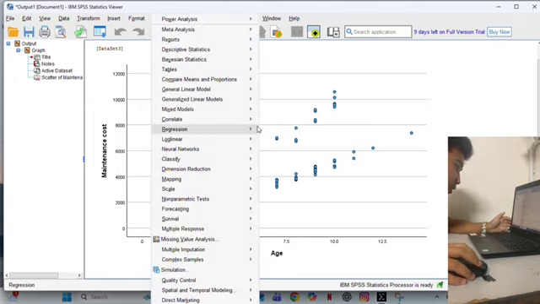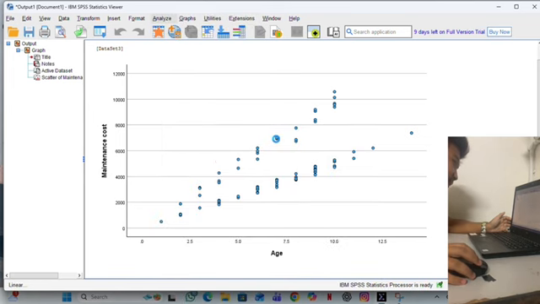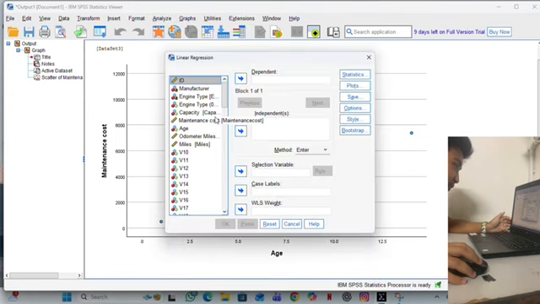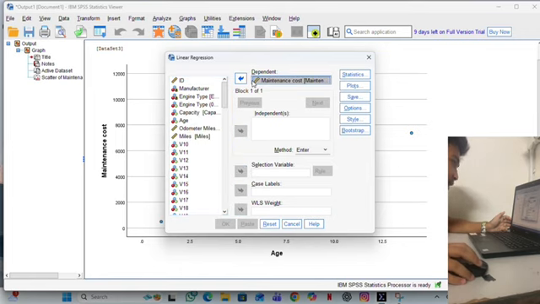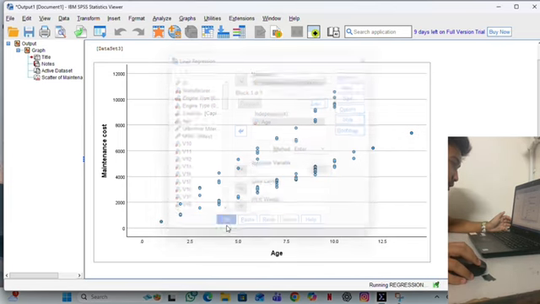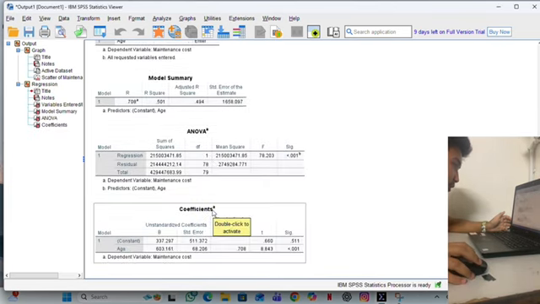For part B, we find a regression and we take linear. So we put maintenance cost as the dependent variable and age as the independent variable. I develop a regression equation to quantify the relationship. The regression equation obtained is